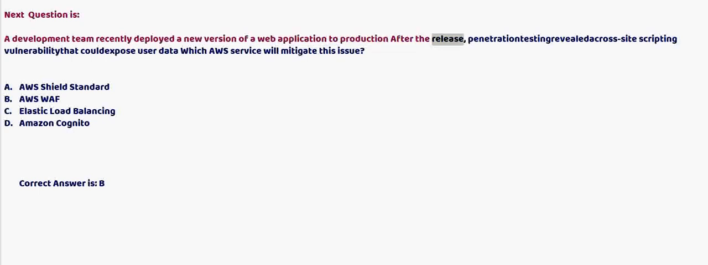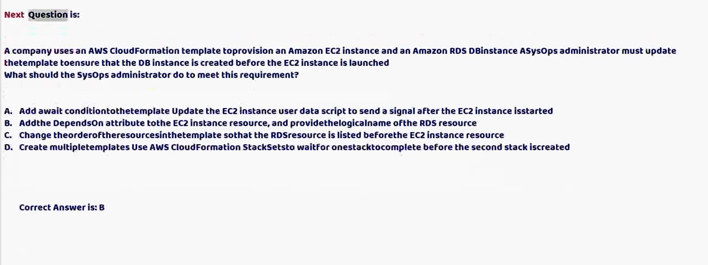production. After the release, penetration testing revealed a cross-site scripting vulnerability that could expose user data. Which AWS service will mitigate this issue? A. AWS Shield Standard. B. AWS WAF. C. Elastic Load Balancing. D. Amazon Cognito. Correct answer is B. Next question is: a company uses an AWS CloudFormation template to provision an Amazon EC2 instance